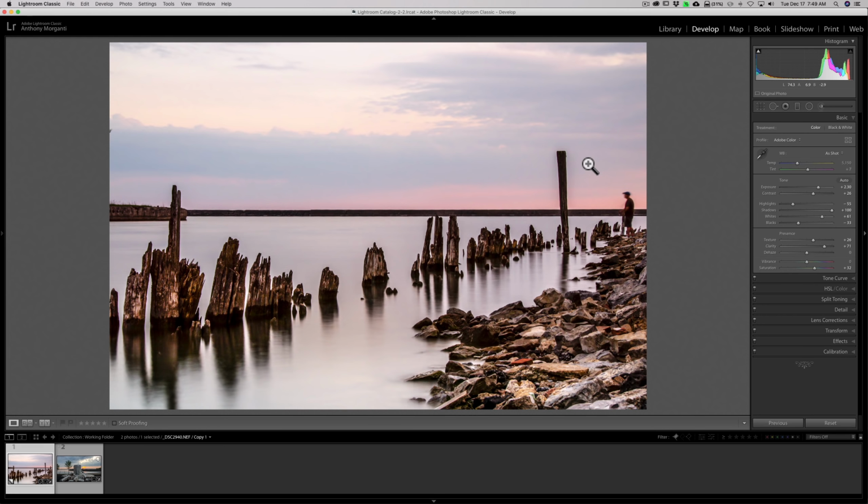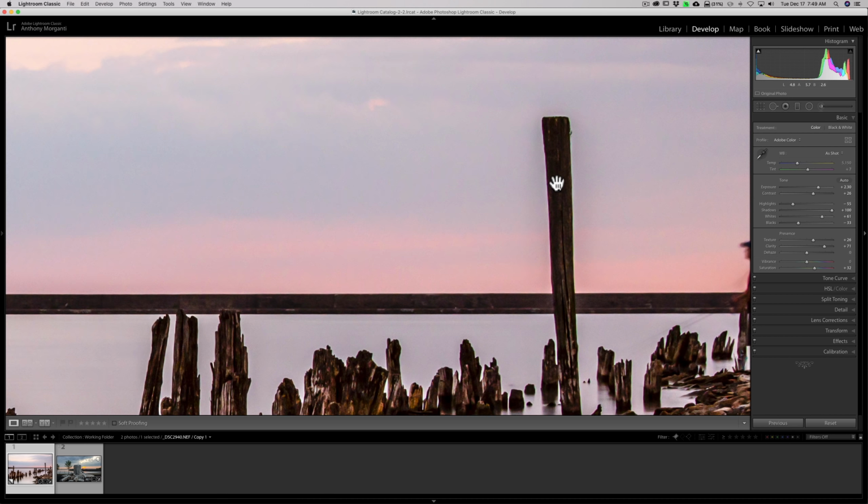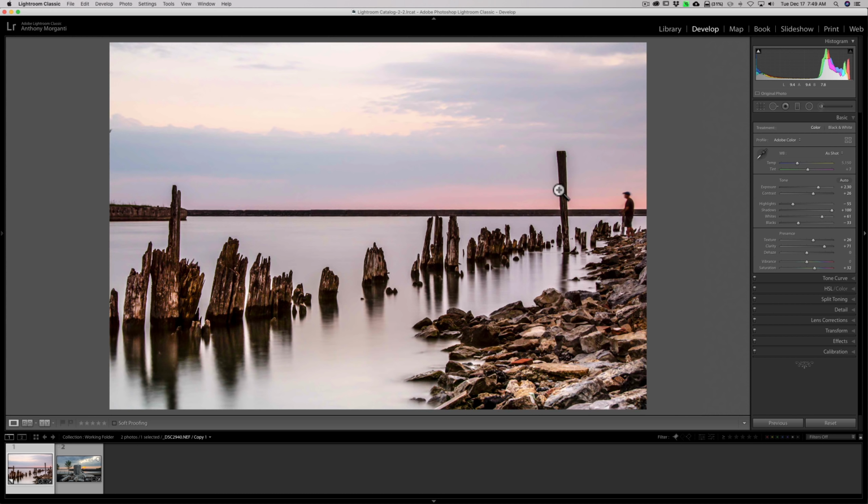I'll be paging through Instagram and I see this a lot. A lot of times I'll see a beautiful image, but often you'll see haloing. And this most often is when you have a high contrast edge. In this case, it's this post against the bright sky, and you can see there's haloing around it. And it could go the other way around as well. You could have something light, like a flagpole or something, going up into a dark sky, and you'll